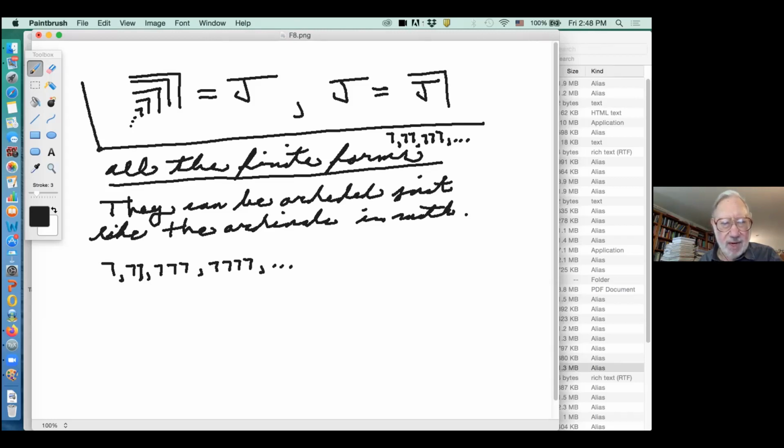And now we got just the tiniest fragment of all the forms. What should we put next? Oh, how about this one? Right? These all have level 1. This is the first form of level 2. And then I can go back to doing this. And it goes on forever. So I'll have to jump to infinity again to get to the next stage. What shall that be? Well, it could be 2 of them.